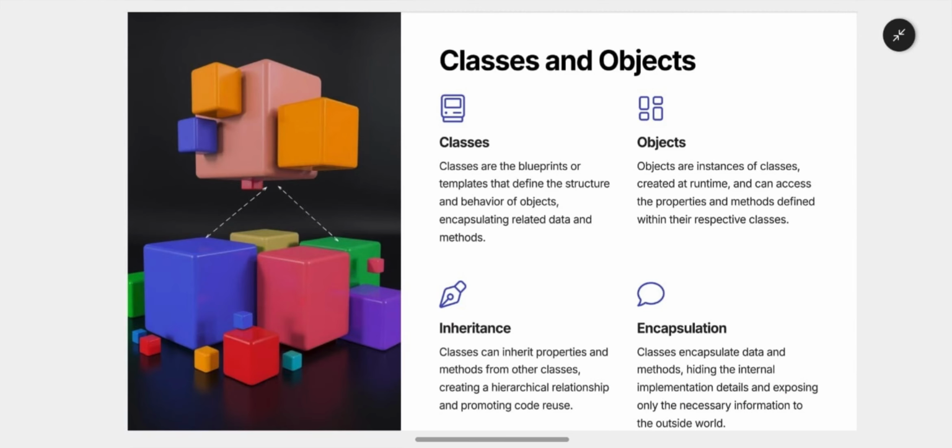objects and classes. What are classes? Classes are the blueprints or templates that define the structure and behavior of objects, encapsulating related data and methods. And objects are instances of classes created at runtime that can access the properties and methods defined within